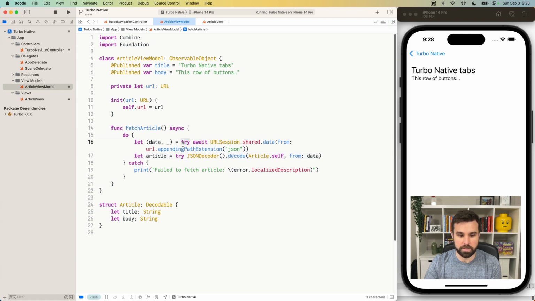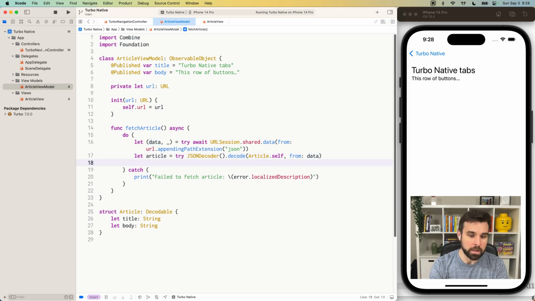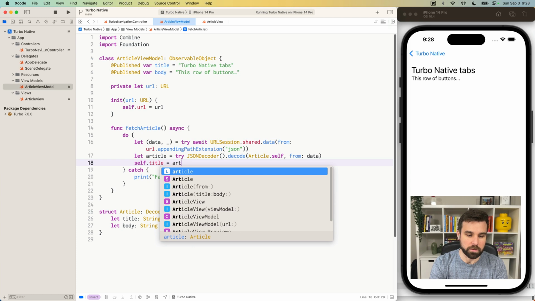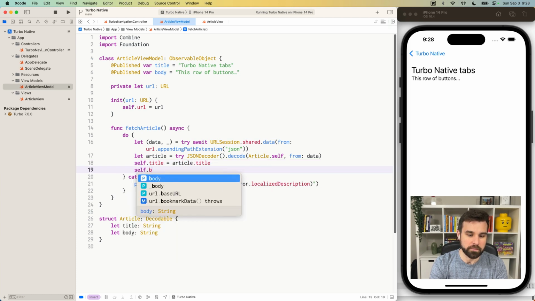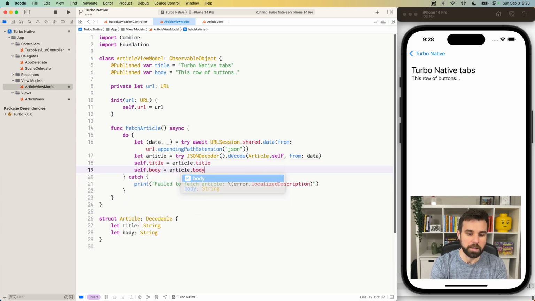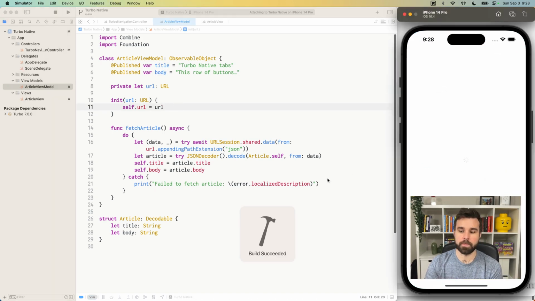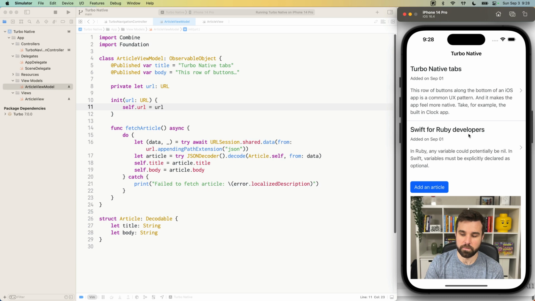So both of these tries are getting thrown into the same catch. Great for a demo, not great for a production app. But the best part about this is that we can just do self.title equals article.title and self.body equals article.body. These self.title and self.body are the published properties from above. So now when we run this thing, we're going to be able to click Swift for Ruby Developers,